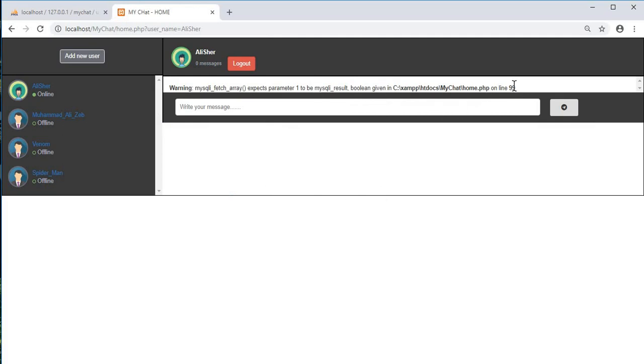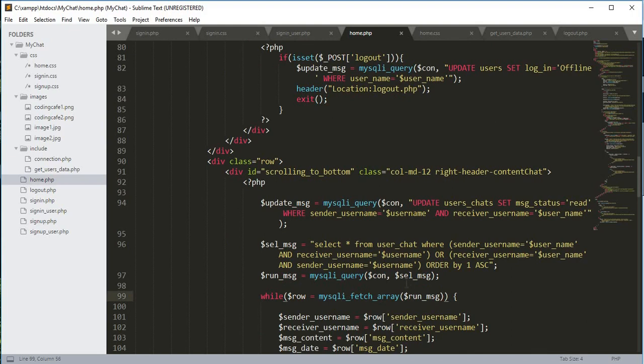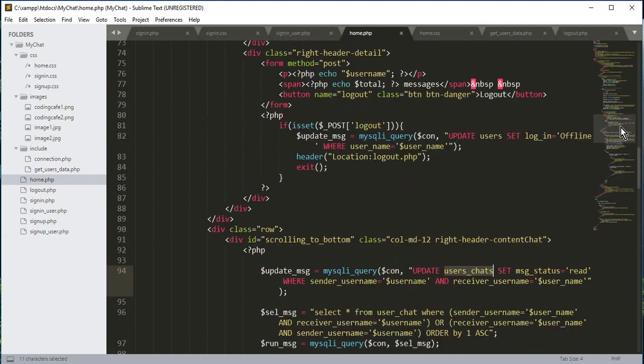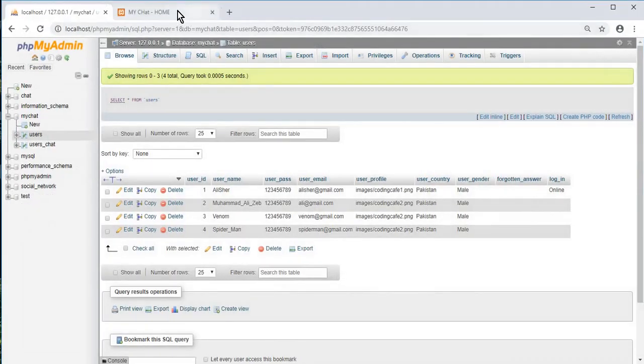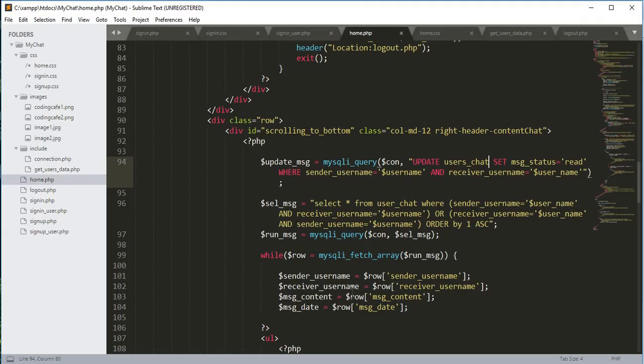Okay, now there is only one error on line 99, and if we just go to line 99, so we didn't change the table name over here. It also says users chats, it's only user chat. So let me just refresh. Okay, so it's user chat. Okay, but we just correct the name to users chat. Okay,